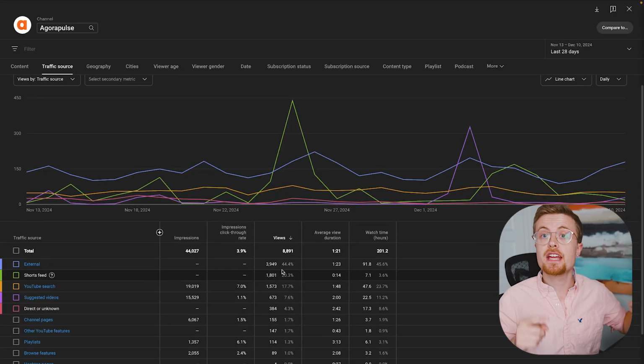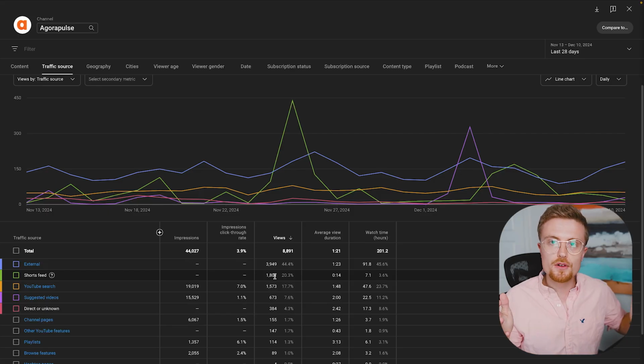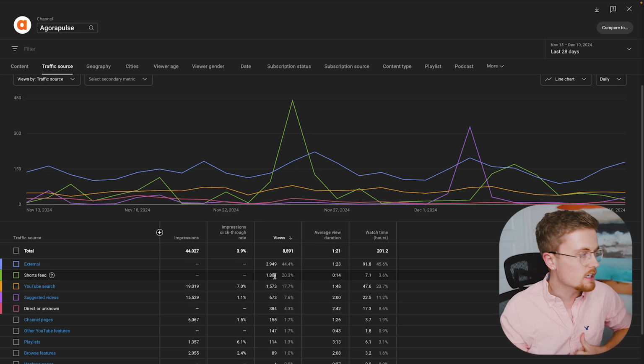Why would they promote your content if you're only paying to have users view your content? So it's always good to have a decently high external number, but you don't want that number too high. You want a nice even share between external, YouTube search, and YouTube channel recommended search pages. You can see here, we've worked long and hard to get these numbers in a pretty even place. Maybe we could get a little higher percentage in terms of the suggested videos, but overall, I'm pretty happy